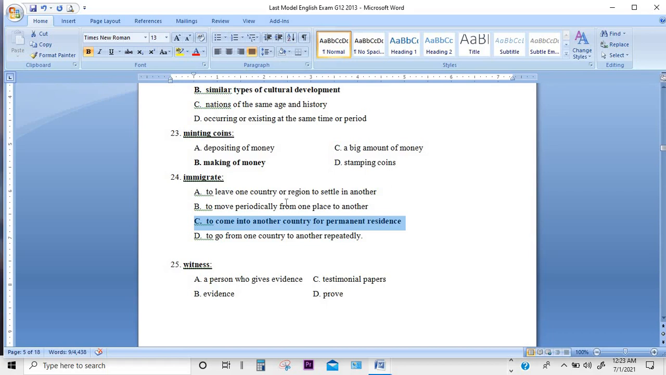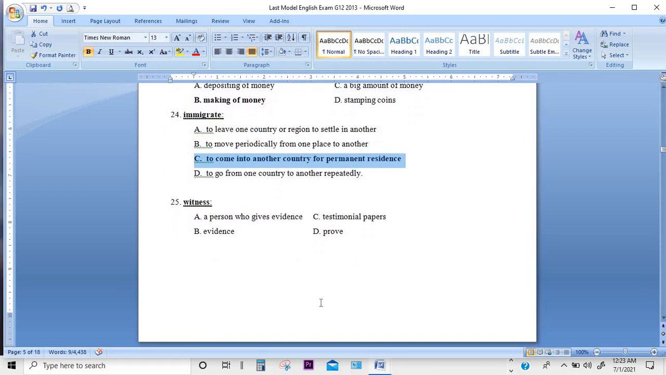But the two, A and B, are not immigrate but migrate. The two meanings are for migrate. Migrate and immigrate differ. Migrate means to leave one country or region to settle in another, or to move periodically from one place to another. That is migrate. But immigrate is to reside permanently. Okay, witness, the literal meaning or the denotational